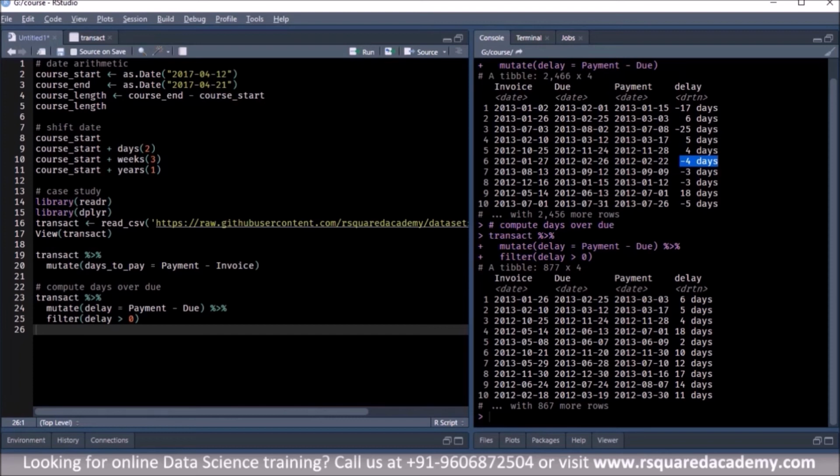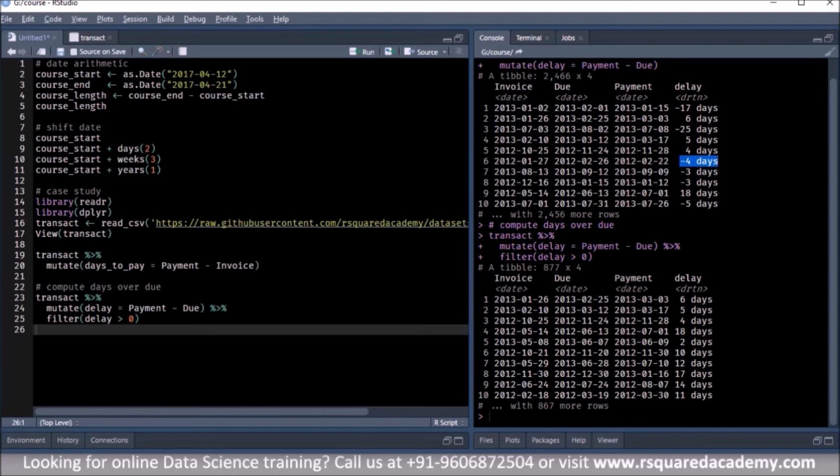Now with this, you can create a table or tabulate how many cases where the payment was made after 1 day, after 4 days, after 5 days or 6 days. So basic arithmetic will be a lot useful when you're trying to get such essential information, whether something was made before the due date, after the due date or on the due date. You can use simple basic arithmetic and then start filtering the rows to extract the required information, and then further summarize it. You can create tables or represent them using graphs or plots.